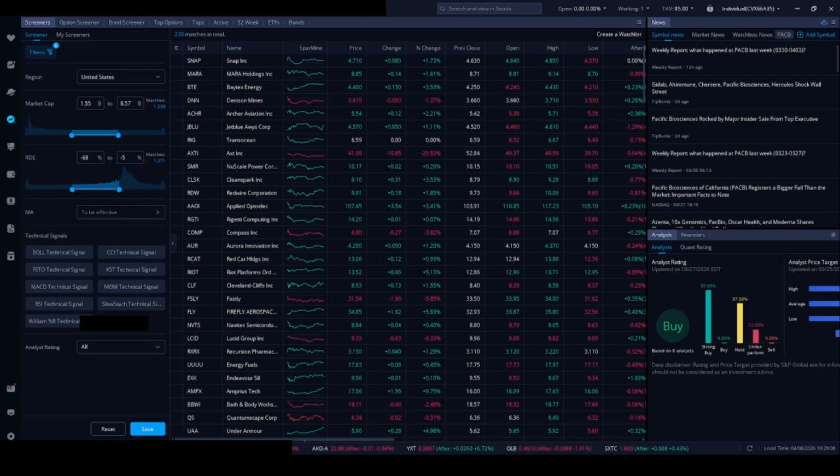Welcome to this tutorial on how to use the Webull screener. If you're looking to find stocks that meet your specific criteria, the screener is a powerful tool that can help you streamline your search. First, log into your Webull account and navigate to the main dashboard where you can access